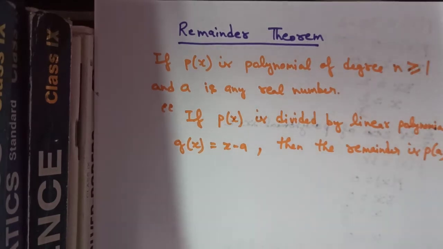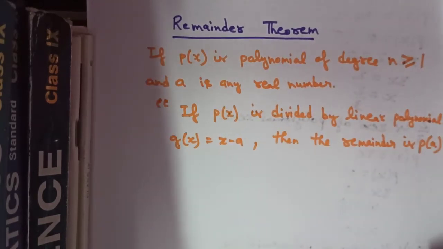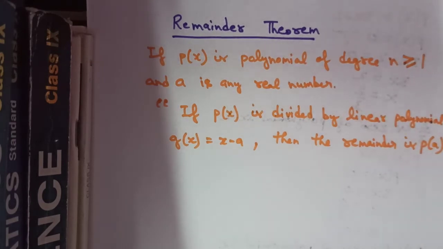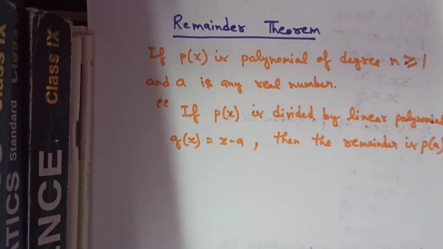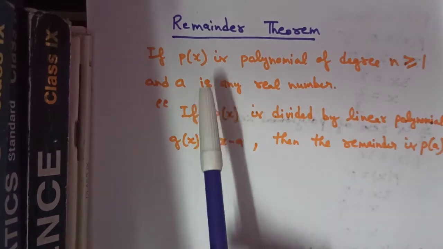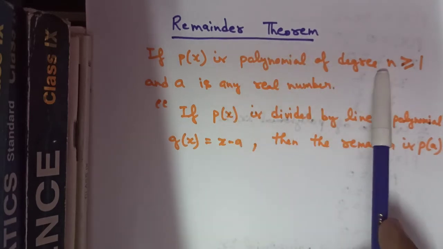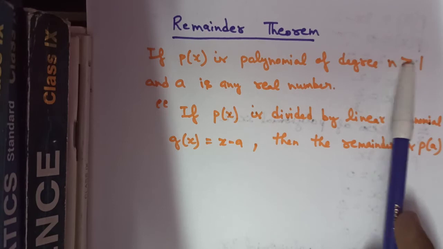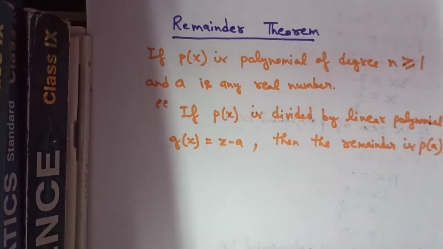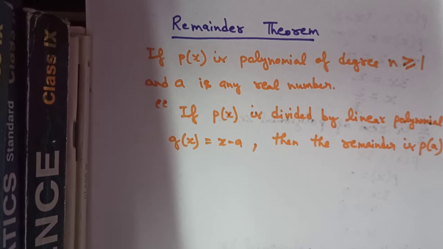Today we will be starting up with a new topic, that is remainder theorem. So remainder theorem states that if we are having a polynomial p(x) such that the polynomial p(x) should be having a degree greater than 1 or it can be equal to 1. So I have written the same thing, that if p(x) is a polynomial of degree n such that n is greater than or equal to 1, the condition is that the polynomial which we are choosing should be either a